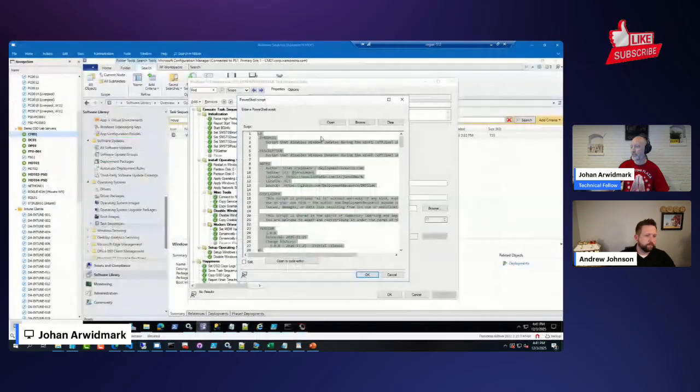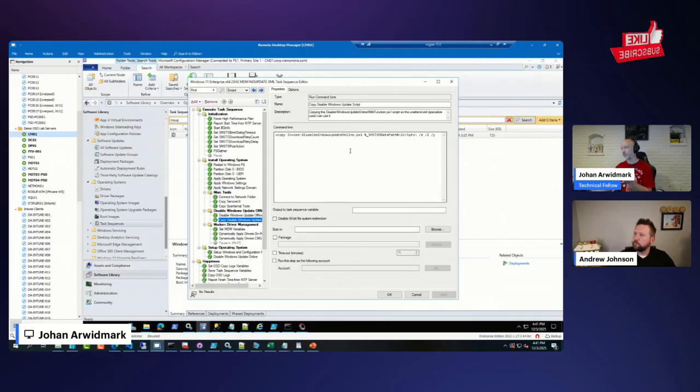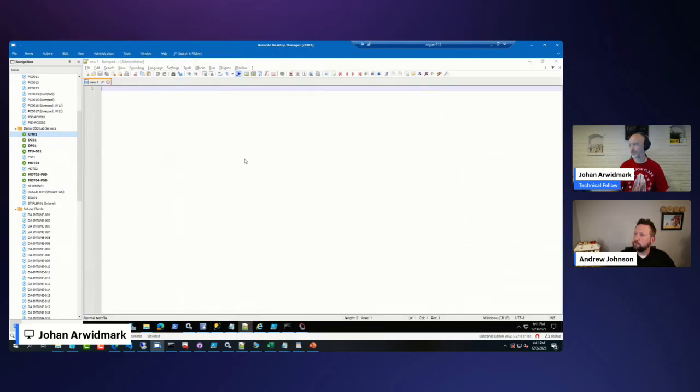Then after that has been done in the WinPE phase, to make sure that those changes are available right away after reboot, even before anything else happens, I also copy the script for an online version of the same script over to the task sequence cache folder. And the reason I do that is because I have an unattend file here in my settings package. And if I open that unattend file,